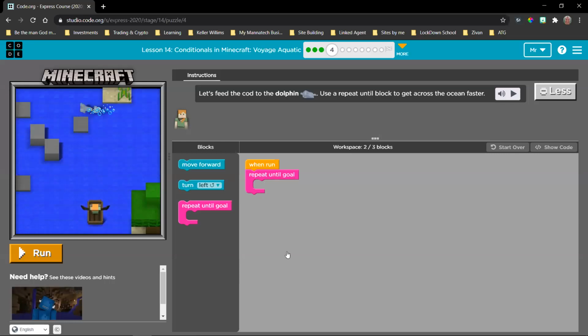Earlier we had a while loop, and that while loop says, as long as a condition is true, as long as a condition has been met, you do something until the condition is no more, until it is now false. This one is saying, as long as the condition is false, we want you to do something until you have reached this goal, until you have met the condition. So it's just a little bit different. And this is basically going to replace those 7 move forwards. If you count 1, 2, 3, 4, 5, 6, 7 move forwards to